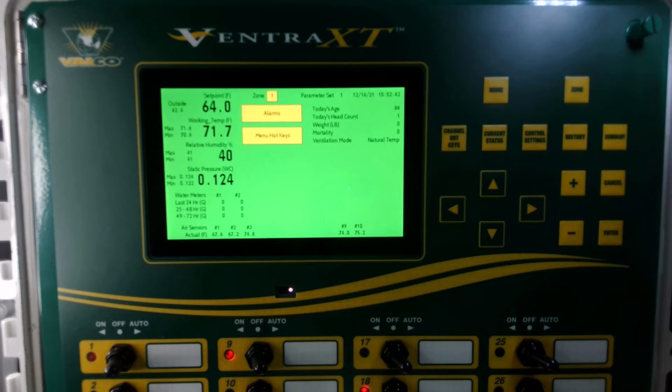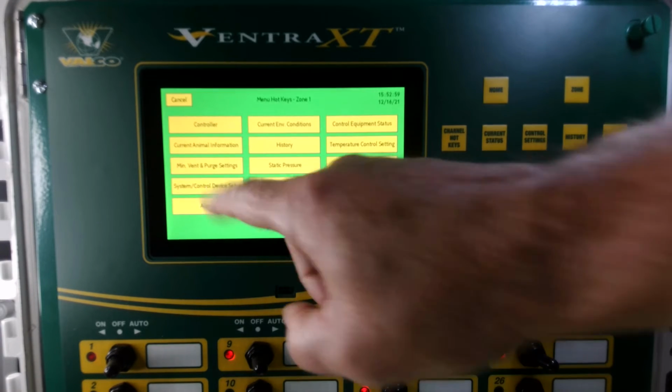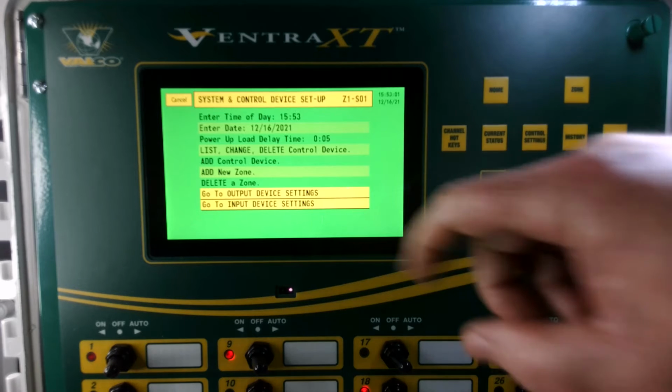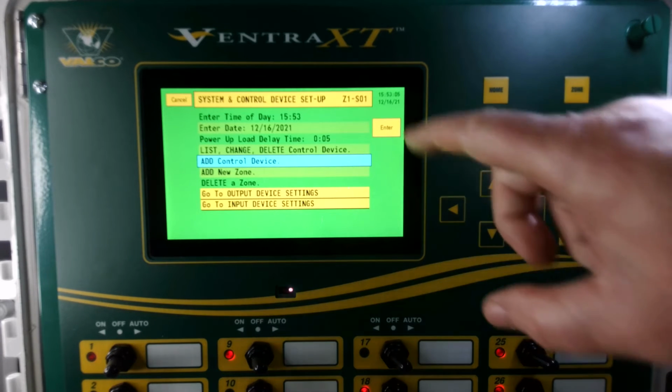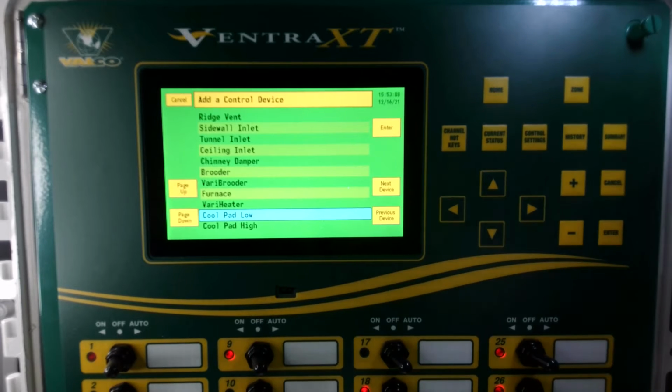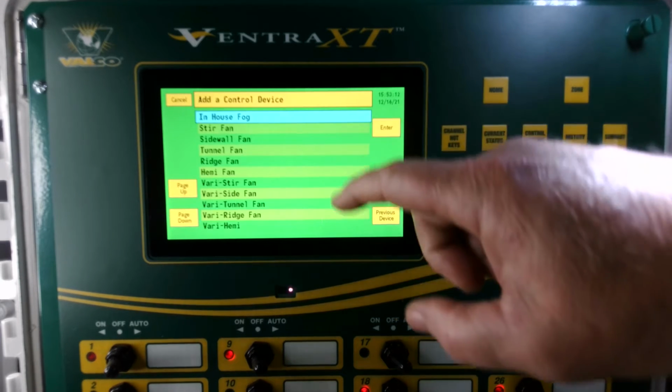In this Ventra XT video, we're going to be setting up and adding a variable light to our controller. To add the variable lights, we're going to go to Menu Hotkeys, System Control Device Setup, then touch and highlight Add Control Device, press Enter, and now we're going to scroll through our list to find Vary